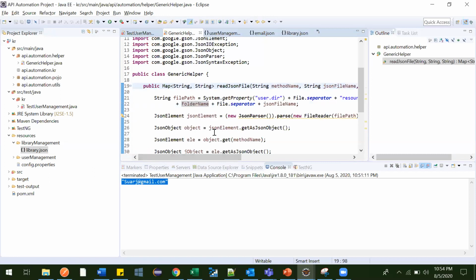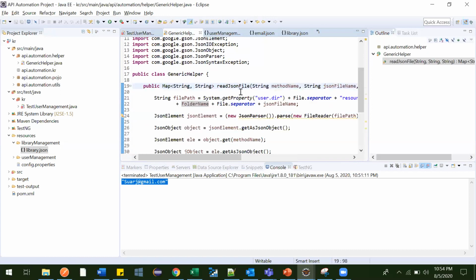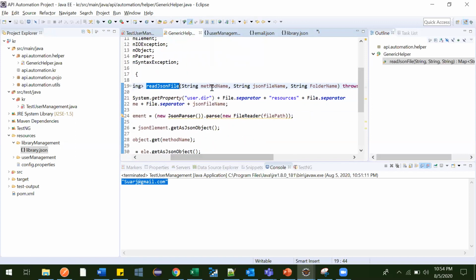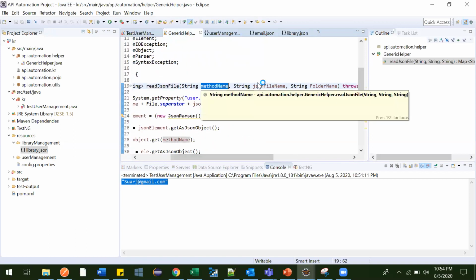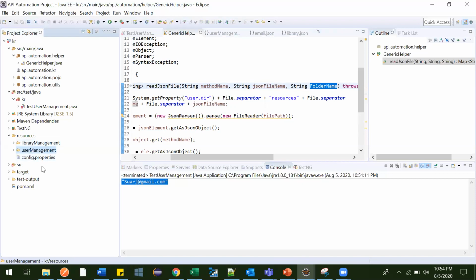See, now it is perfectly fine. Now this generic read method is telling us, if you want to use me, you need to provide three different variables: the method name, from which method you want to read; the file, from which JSON file you want to read; and the folder, from which folder. If you have multiple folders, because different projects will have different folders over here and they will provide test data in that only, I need these three pieces of information.